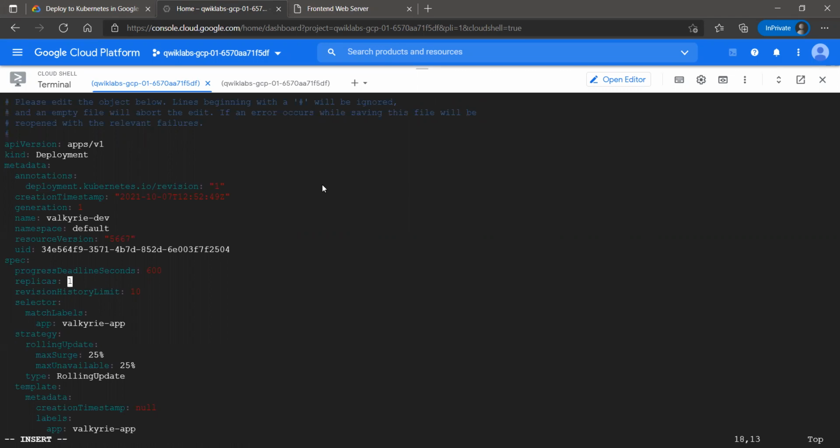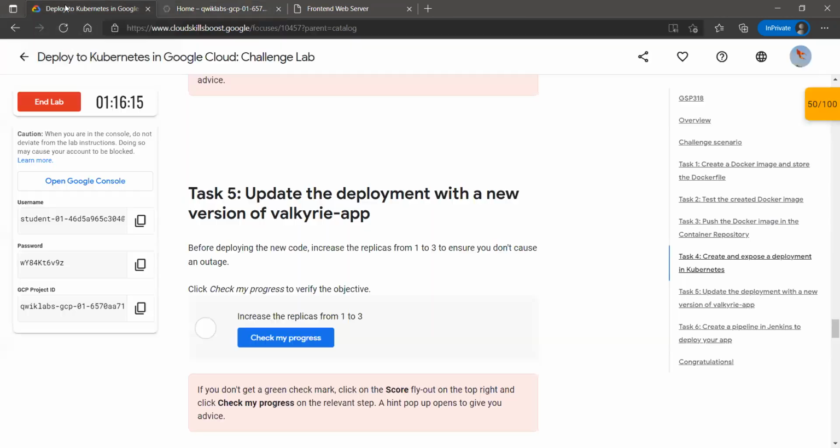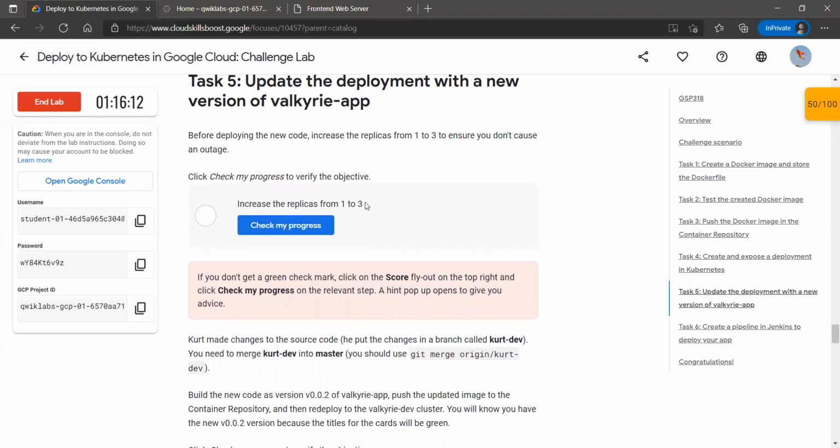Simply click on I to get into the insert mode. Click on backspace. Click on 3. Now click on escape. Hit colon, type wq and hit enter. So simply your deployment file is now edited and configured to the new value of replicas, which is 3.